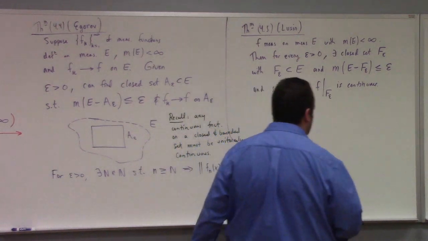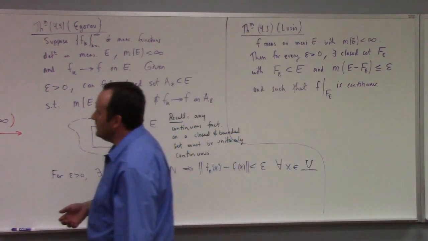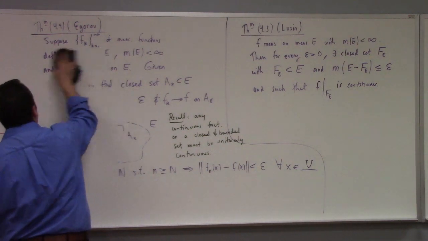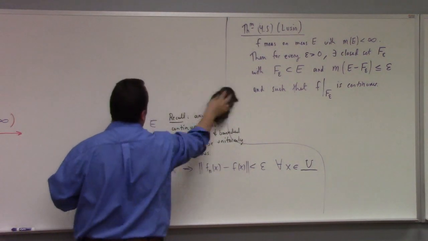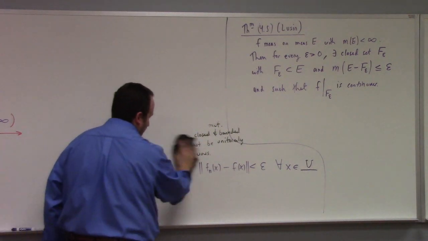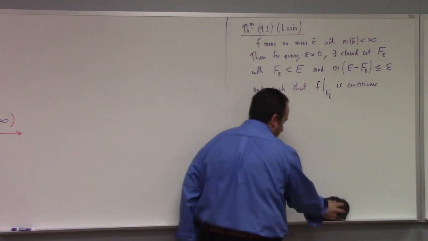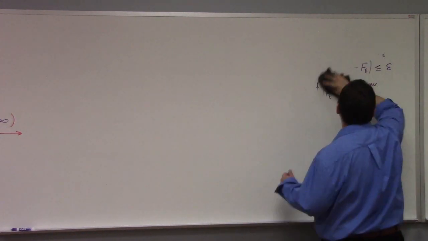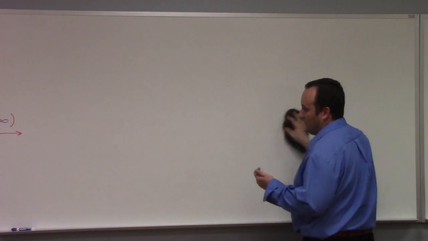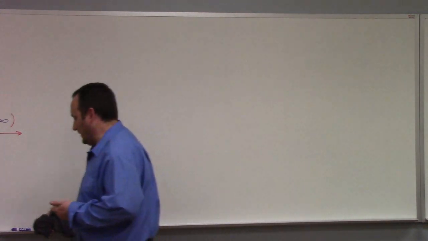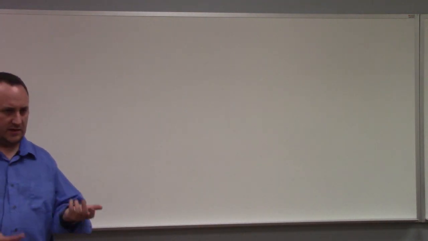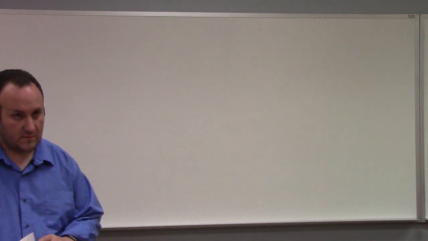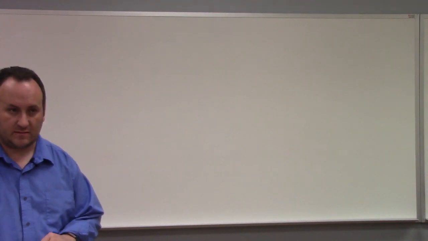So let's see here. I should probably erase these, actually. So that brings us to the next chapter, which is on the Lebesgue integral. The way this chapter works is the integral is introduced in the most simplistic context, and then he builds it up on more and more sophisticated contexts.